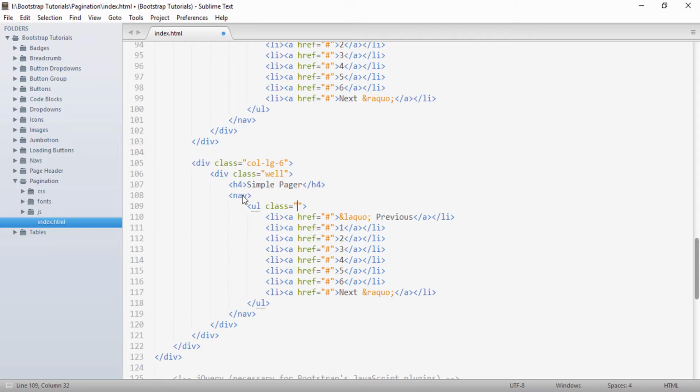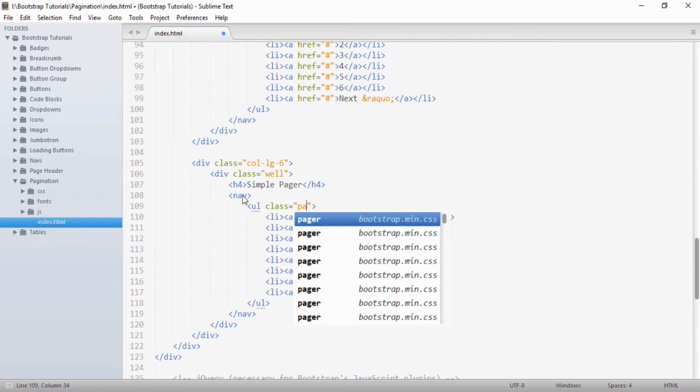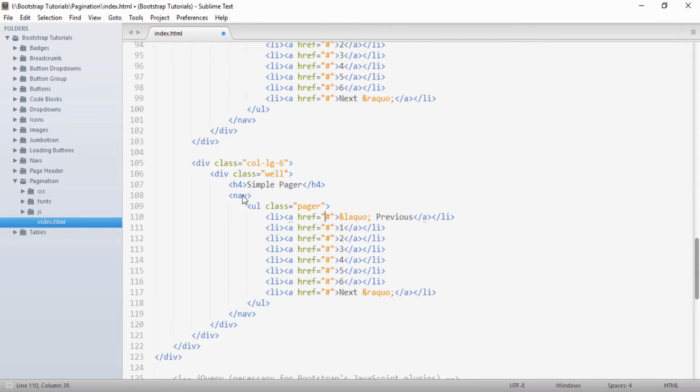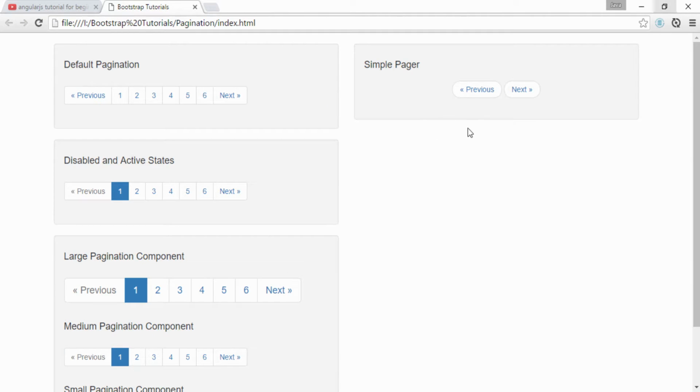So instead of pagination we have to give a class as pager, and we need to remove these number links, and this is how a pager is created. If I save it and go to the browser, you can see a simple pager which has only previous and next components.